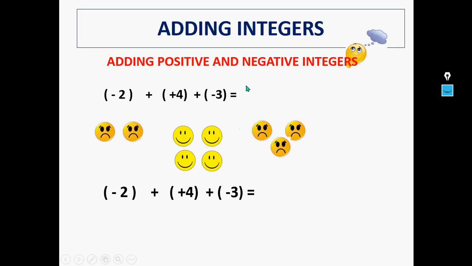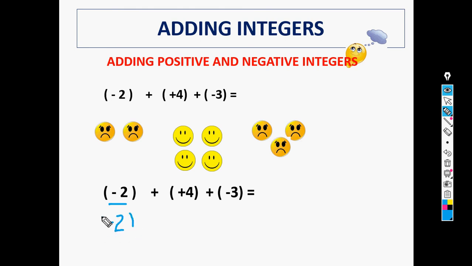So children, sometimes this is level 3, there you will be getting more integers than 2. Like you can get 3, you can get 4. So I'm just giving you an example how you would do that. So in this case I have minus 2, then 4, then minus 3. So in this case what we will do, we will bring the negative integers on one side and the positive integers on the other, and then we will try to solve. So here clearly I have minus 2, which is a negative or a positive? It is negative, so I'll put minus 2 over here.